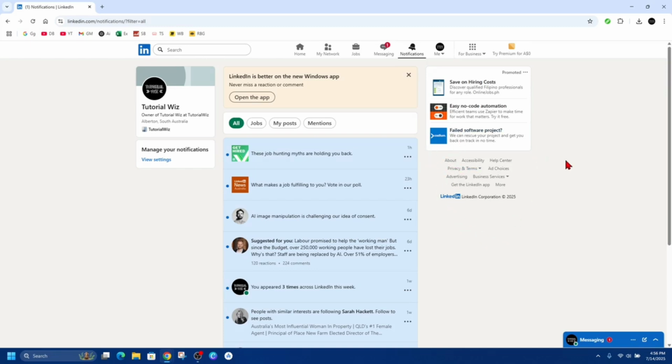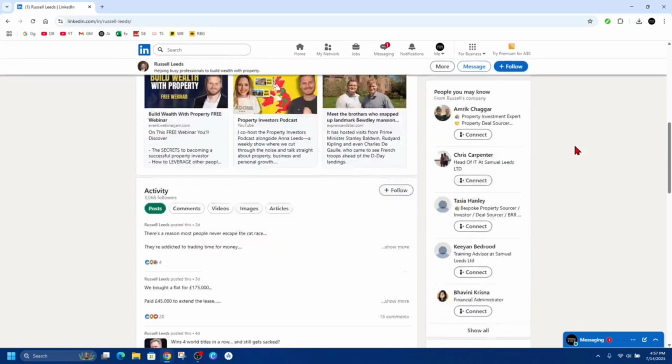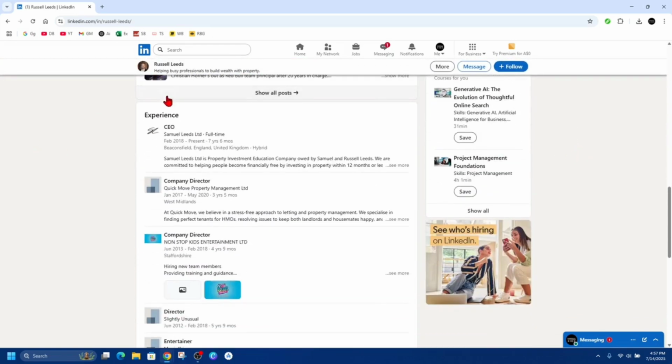Now, another way is to view the person's profile manually, and this can be anyone. So for example, I'm on this user's page here. What we can do is scroll down and look for the experience tab here. And then from here, check the start date of their current job and then compare it to the current date